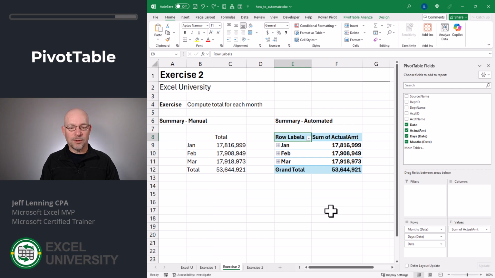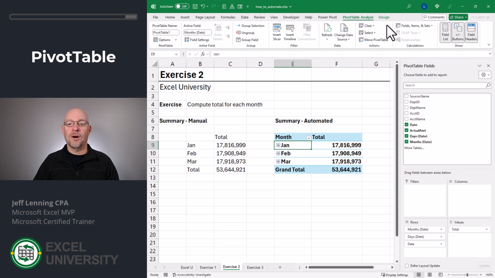And let's just relabel these. I'm going to call this month, and I'm going to call this total. And if you've not used PivotTables before, I would encourage you to check them out. There are a ton of design and formatting and other options, and you can investigate those using all of these